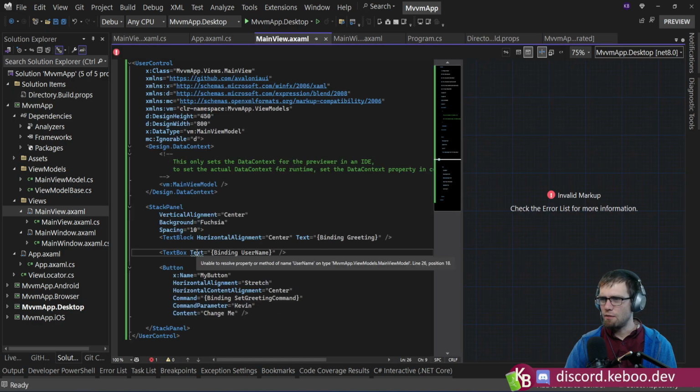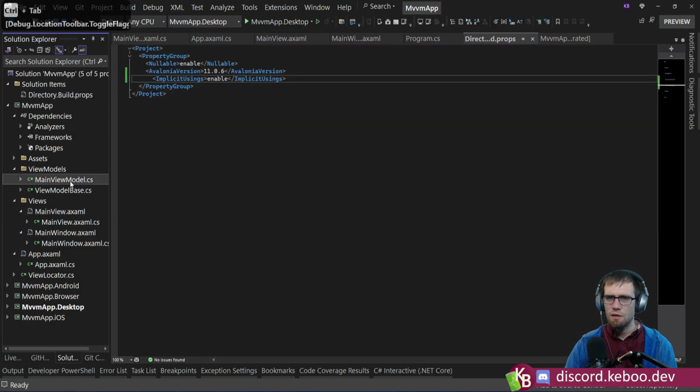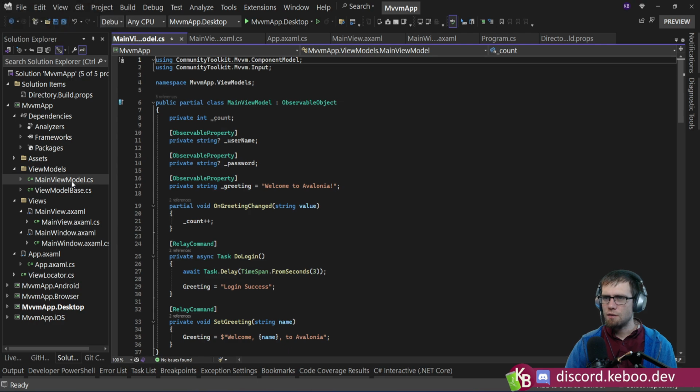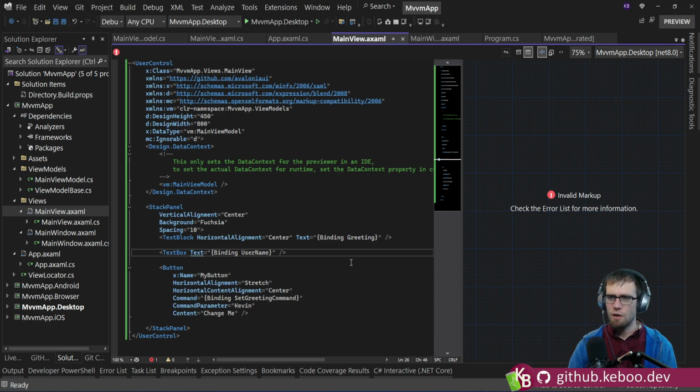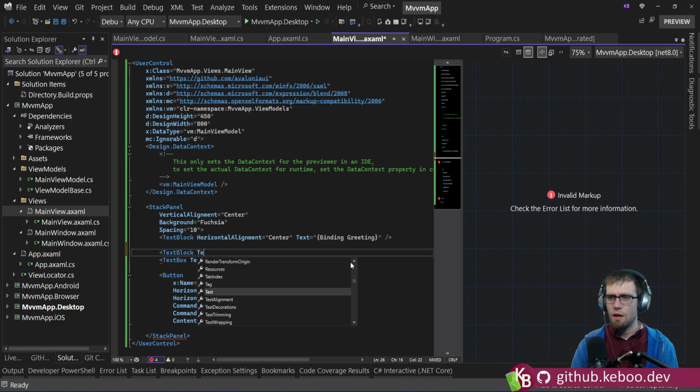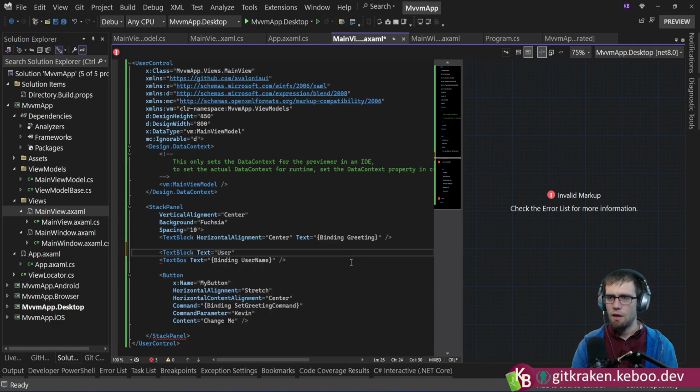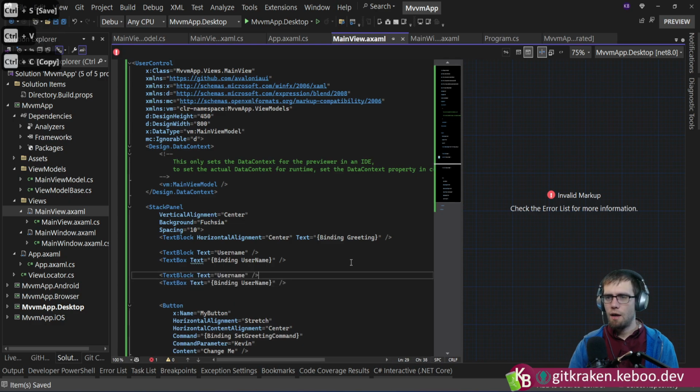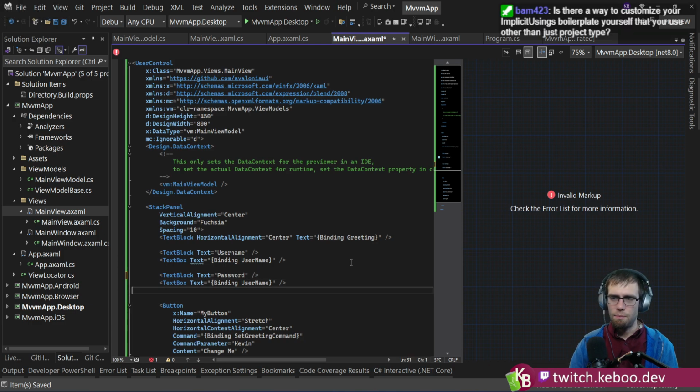Okay, so let's go through and take a run at this guy. I don't understand why username doesn't exist. It does. Okay, I'm going to just assume that the designer has lost its mind with source generators and doesn't know what it's talking about. So let's go ahead and do text block. Text gets username, and then rinse repeat this. Password, and is there a password box or